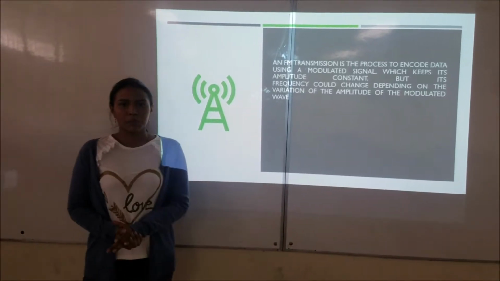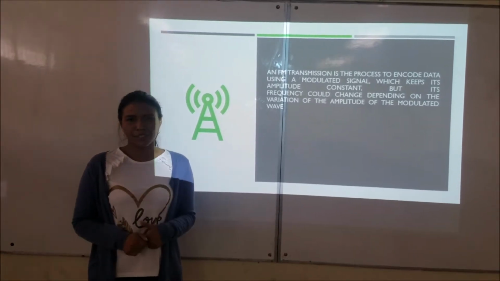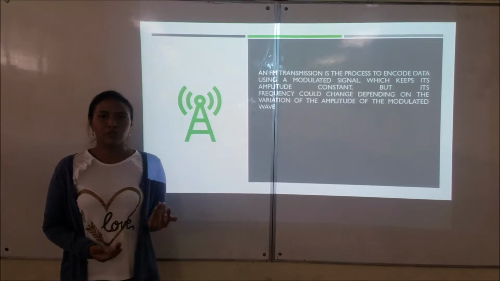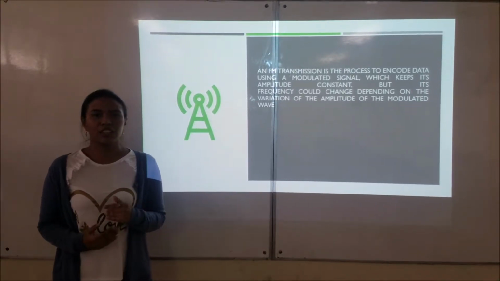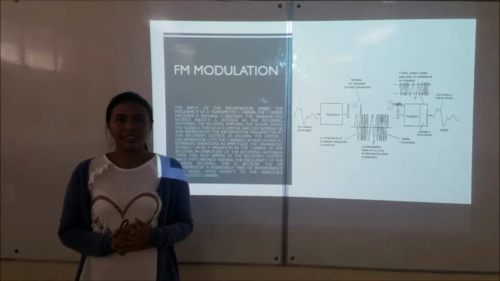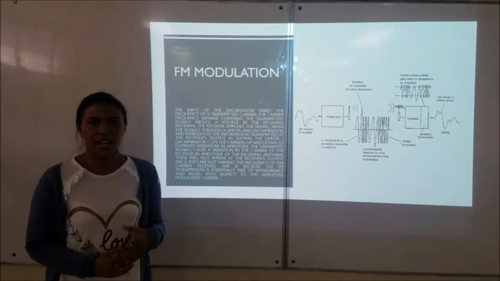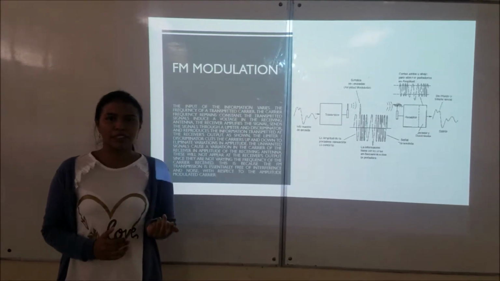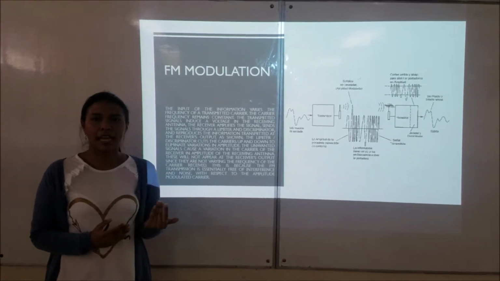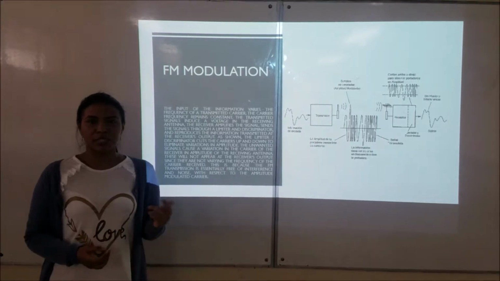An FM transmission is a process to encode data using modulated signals, which keep the amplitude constant, but the frequency can change depending on the variation of the amplitude of the modulation wave. Transmitted signals introduce a voltage in the receiving antenna. The receiver amplifies the signal, sends it through a limiter and discriminator, and reproduces the information transmitted at the